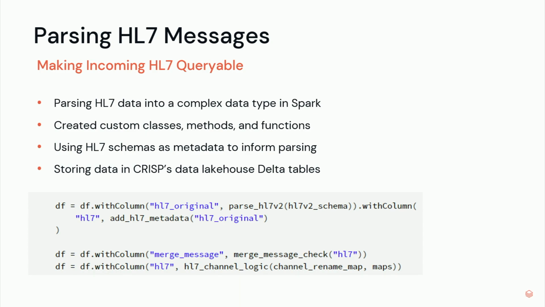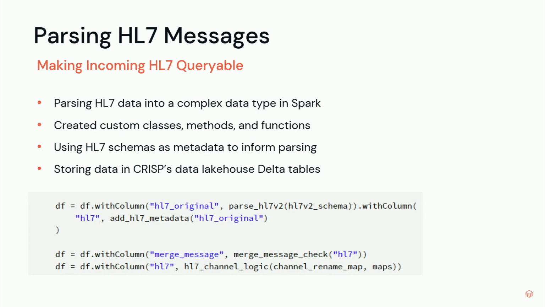often send data that is not standardized. For instance, they should be sending escape characters, but they don't send the correct escape characters, and if we parsed it without using the HL7 schema, we would parse fields into the wrong location. So we're using the HL7 schema to determine if something is a simple data type, so we don't break it up, even if we encounter what would be a separator character. And at the end of this, we store the data in CRISP's data lakehouse and Delta tables, so that CRISP can use this for all sorts of use cases downstream.